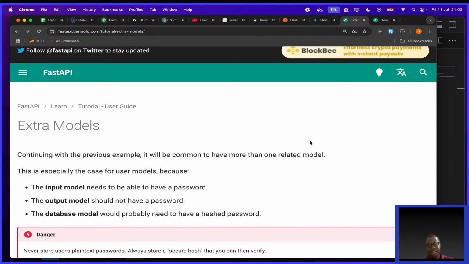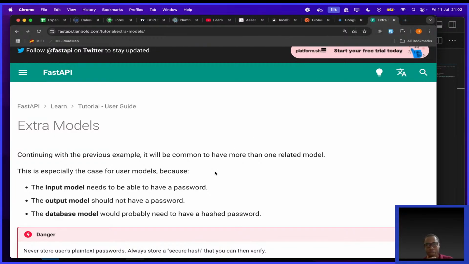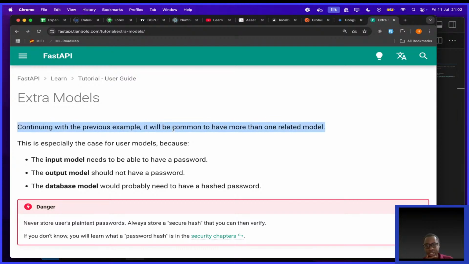I don't want to go back there to waste time for those who followed the stream yesterday. In case you need that, you can simply go and watch yesterday's stream or read the documentation for yourself. So it says, continuing with the previous example, it will be common to have more than